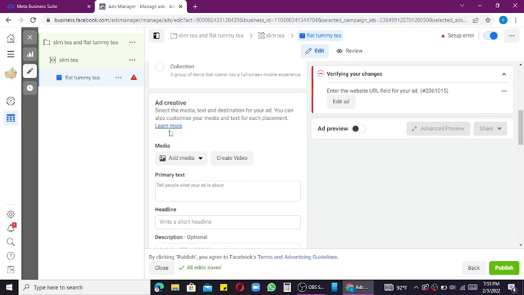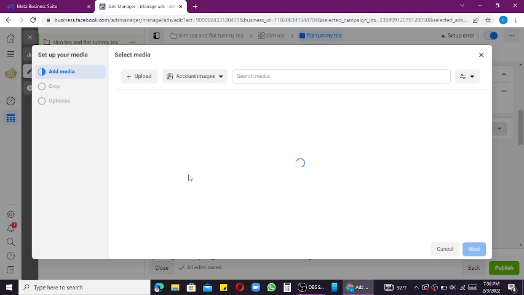So here we add the media. Is that okay? Maybe you want to use image, you click on image and upload it from your device, your PC. But if you want to use video, you can as well use video. Then for the sake of this, let's just use image. You click on,